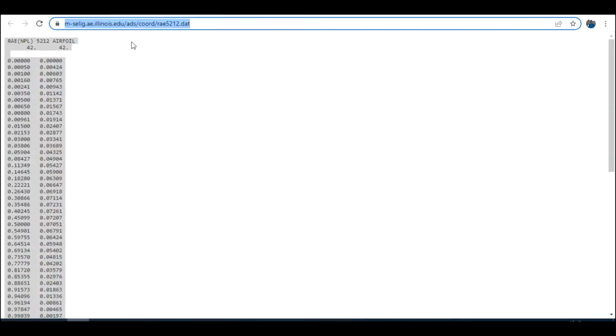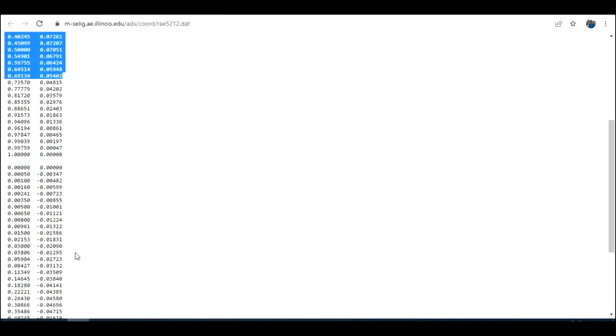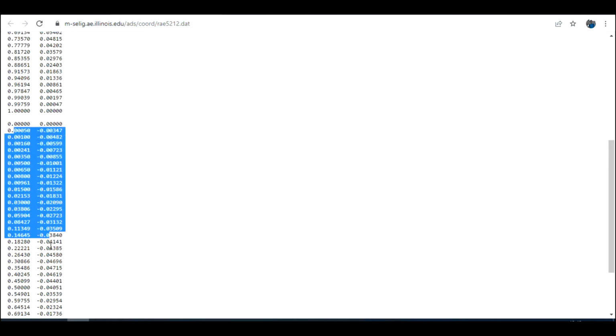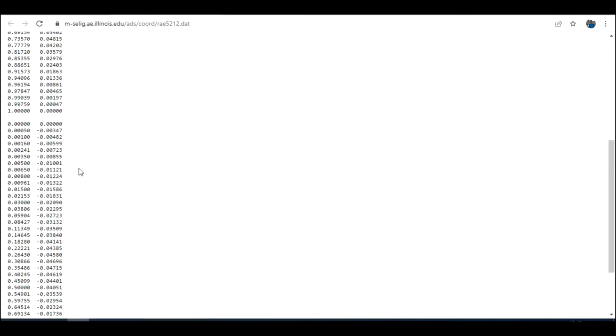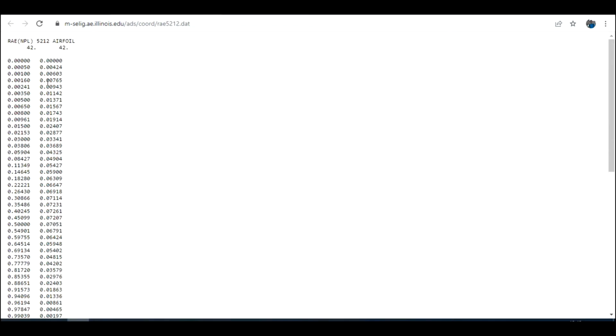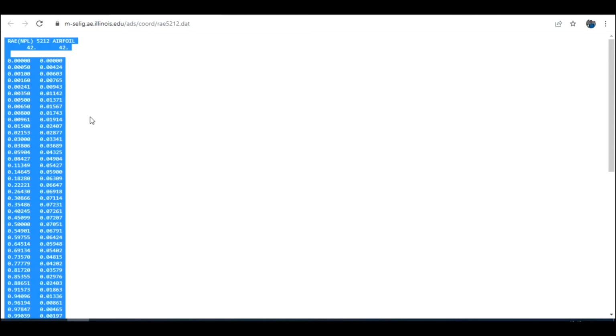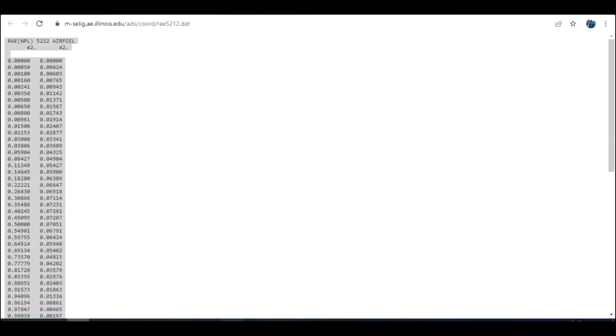And this is a profile, and we can see the top part is the upper surface, and the lower part is the lower surface. What I'm going to do is generate the profile, which can be imported into CCM. Okay, so I'm copying the profiles in here into